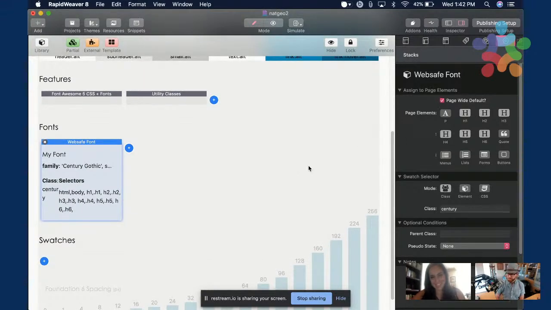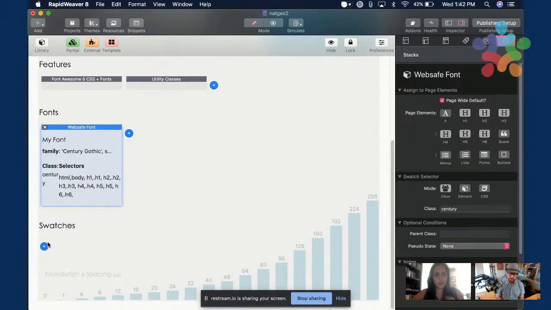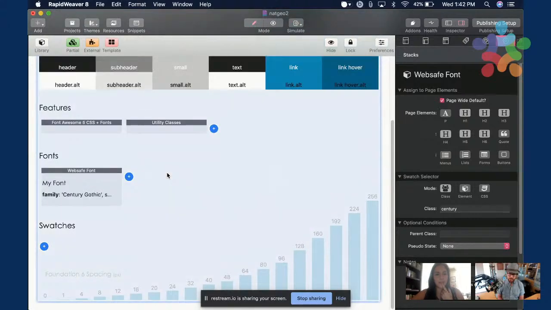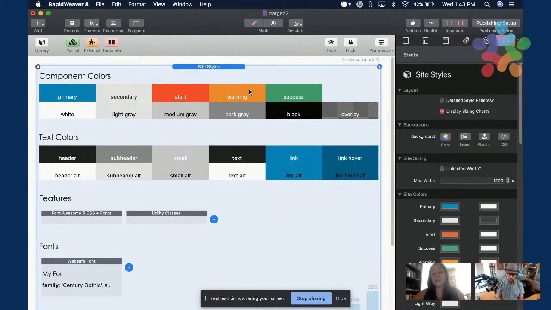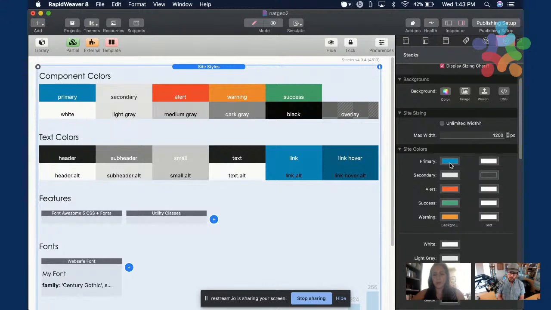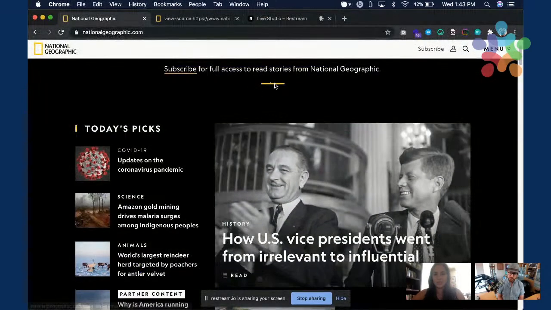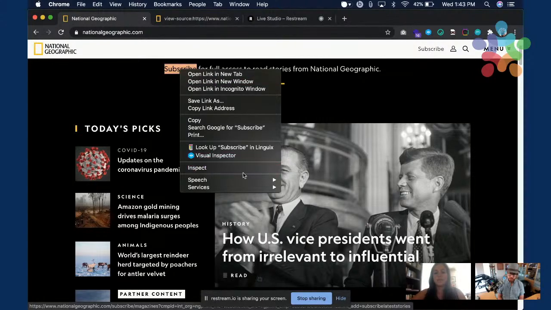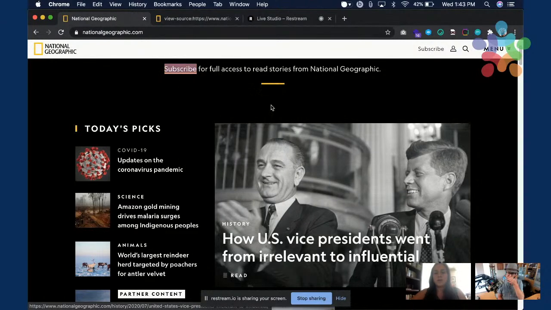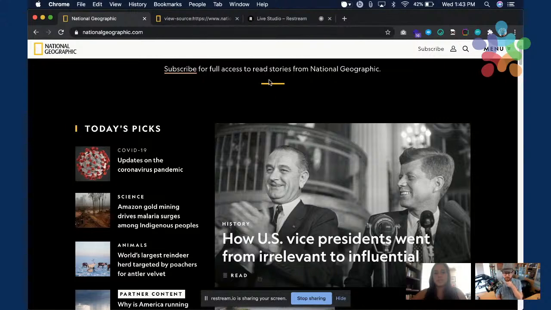I didn't know that. So we're gonna start by changing the site styles. I'm gonna change the primary color to this yellow, which you can find out if you inspect the element. I won't do that right now because it disappears the whole page, like it has a restriction or something, and then I have to reload it. So I'm just gonna grab it.